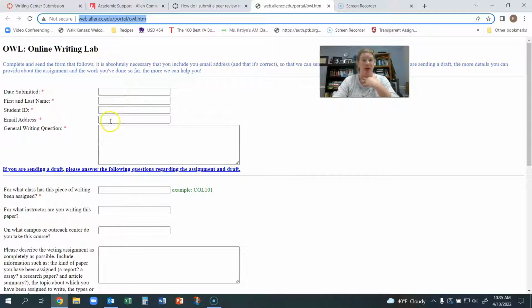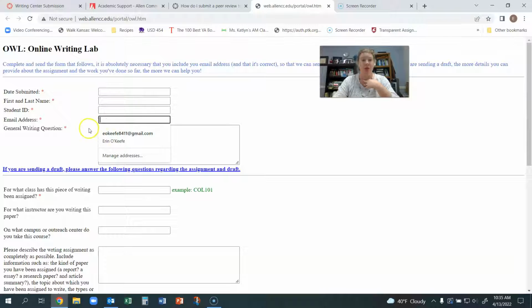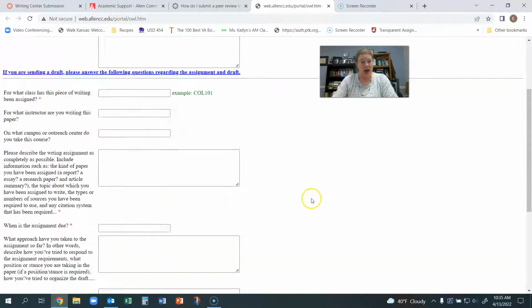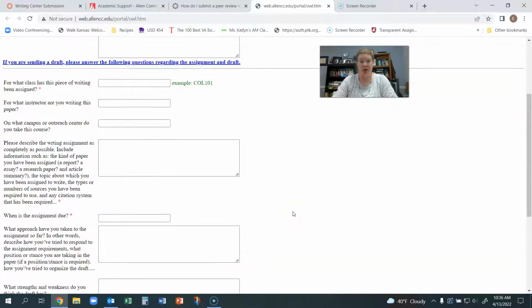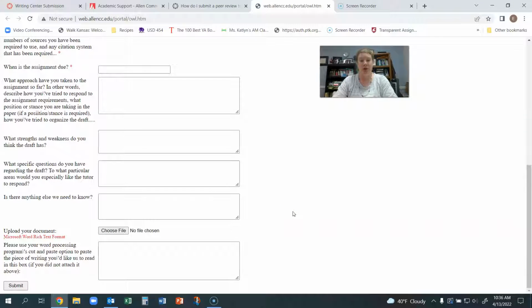You have your name and your email address. This is where you want them to email it back to you. So you'll put in your email address that you want to get the response to, which means it has to be an email you actually check. There's a bunch of questions over here on the side that ask different things about the assignment. It's really helpful if you can fill out most of them because it gives them an idea of what to respond to